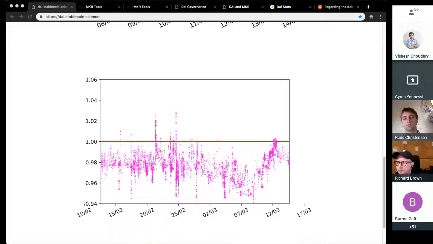So just one quick note. As far as Lev's graphs go, I shared a couple of links in the chat. I also pulled very similar data in terms of the trades that were happening on decentralized exchanges. I think we can confirm a little bit, by looking at trading volume, what our level of confidence is, at least in the price that we're getting. One question I had was, it seems that recently the trading volume on these decentralized exchanges for ETH DAI pairs has gone down. I was curious if anybody had any thoughts on that and what impact that has on our level of confidence in what the price actually is.